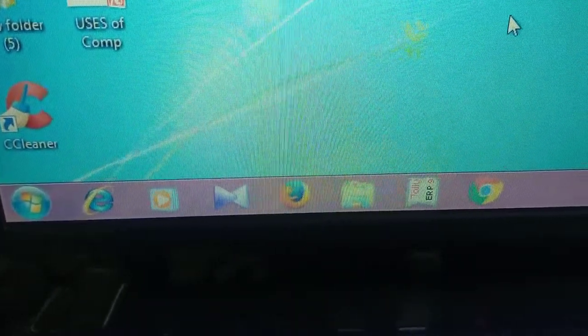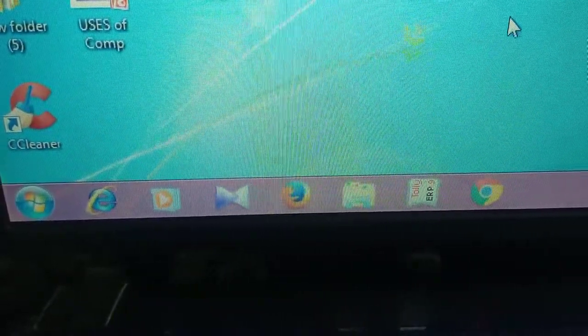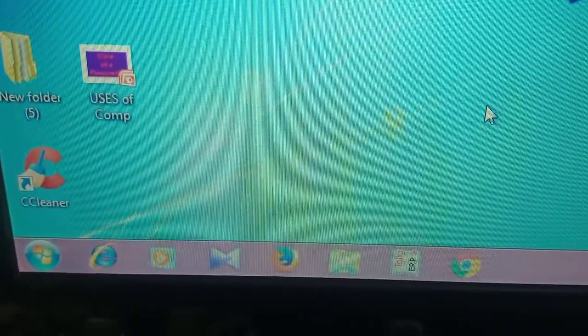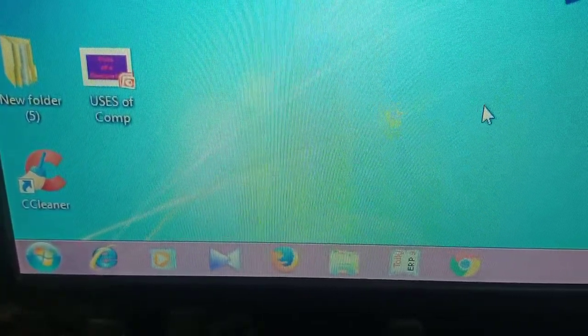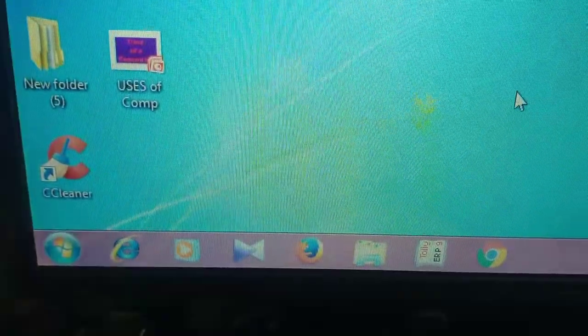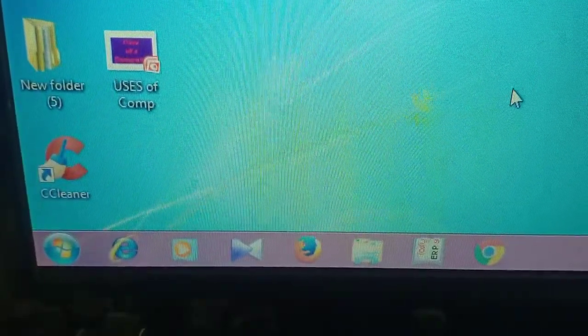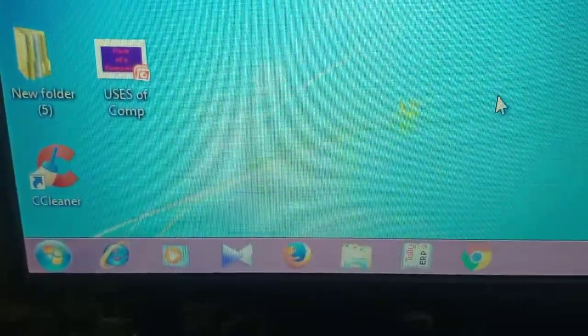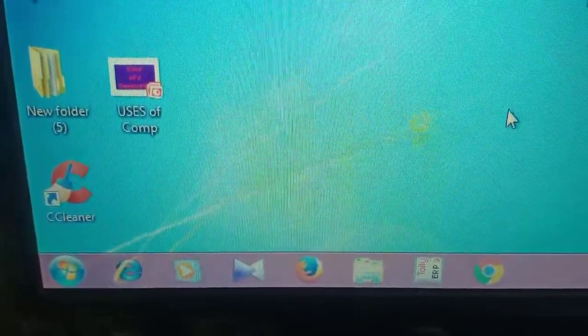Next one is your quick launch bar, present after the start button. Here a number of icons are present to quickly launch applications. We can pin any application to this quick launch bar to launch it quickly.